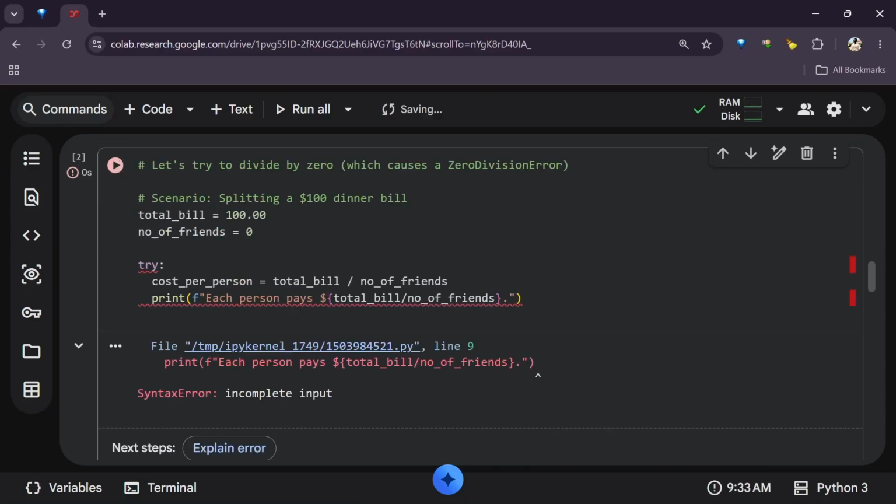You can see it says, oh, incomplete input, right? We've passed in this, but as you can see that this is just underlined right from the start. So let's pass in the except, the one that catches the exception. So say except, and of course that means if there is no bill or there are no friends. So we should get a 0